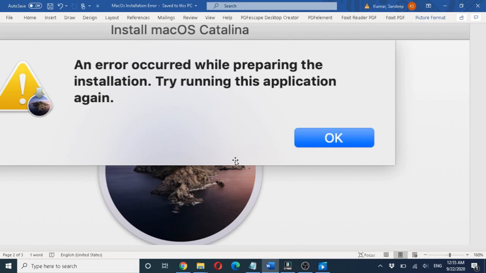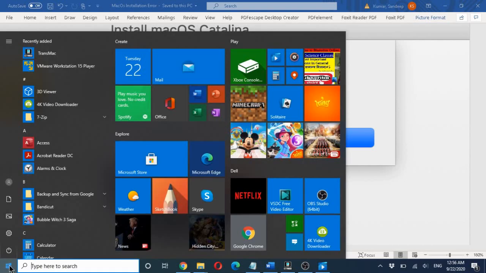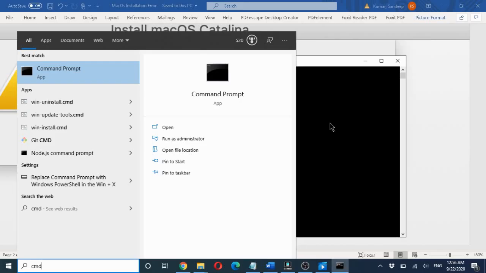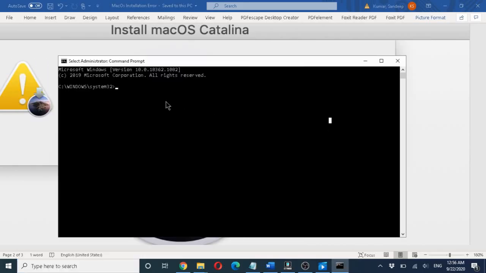First of all, we just need our pen drive. I have plugged the pen drive into my Windows laptop, and we need to start CMD. Run it as administrator, click on yes, and now we will prepare our external pen drive.